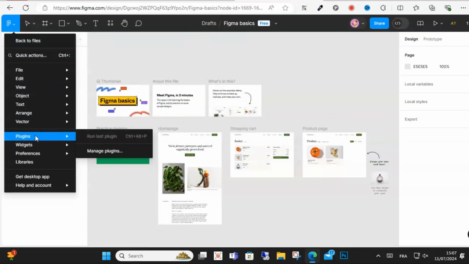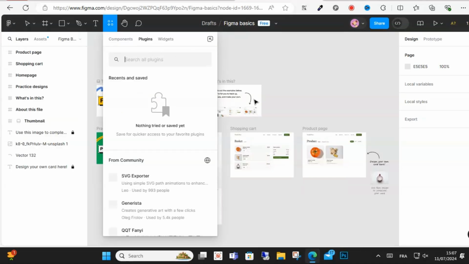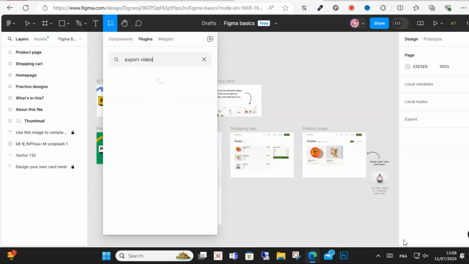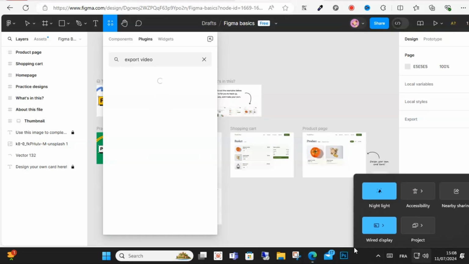use this file as you can see here, and you have to go and get a plugin. So to get this plugin, you have to go to the plugins, manage plugins, as you can see here, and search for export to video as you can see here, and you can use this if you want to,